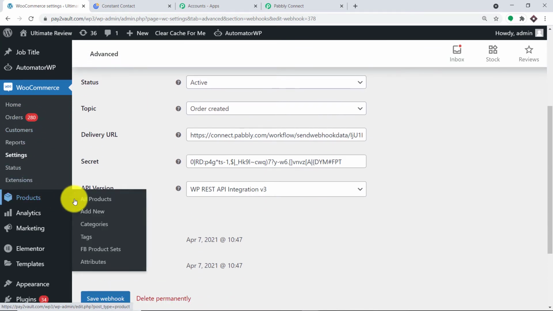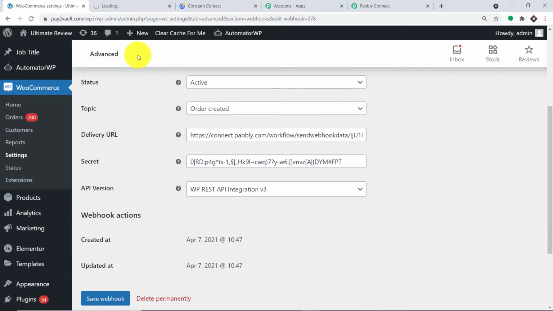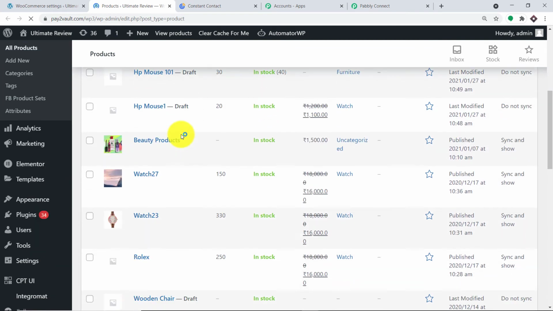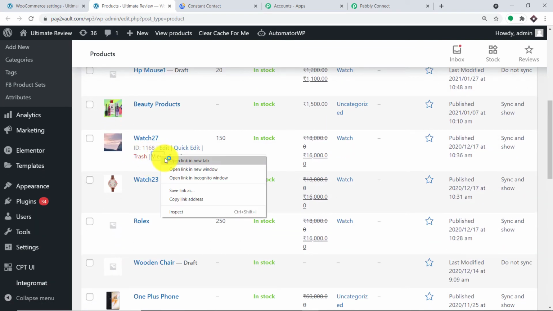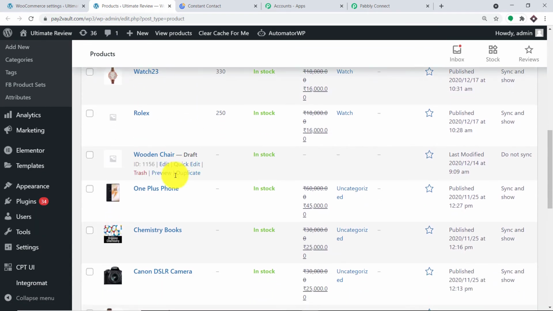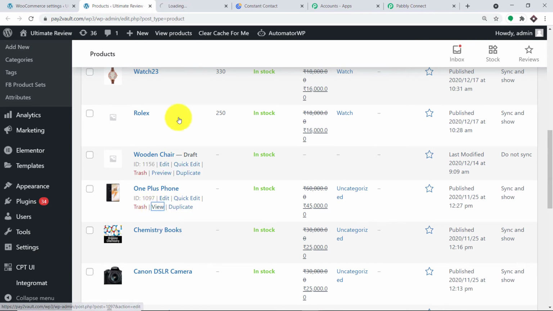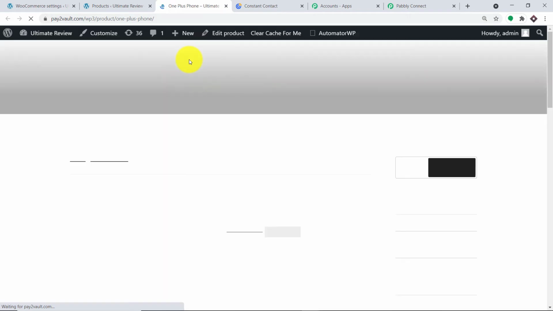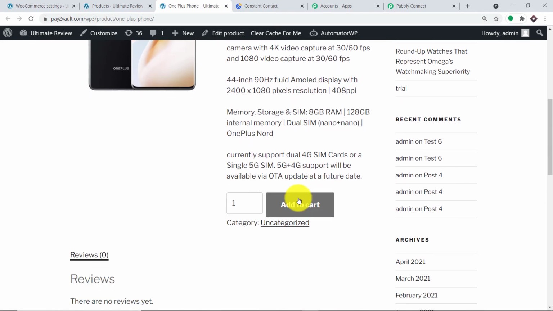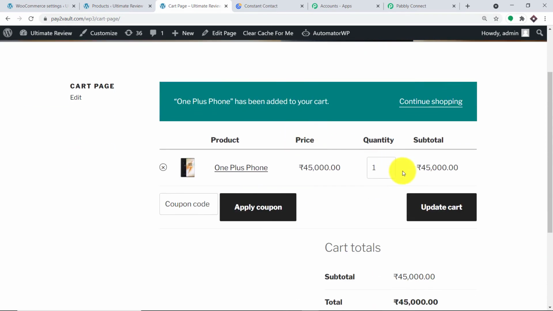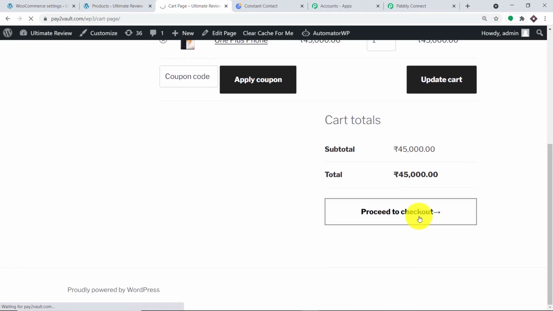So what I'm going to do here is go back to WooCommerce, and as you may see, we have a ton of products. Let me click on all products. As a dummy customer, I'm going to make a purchase. These are all the products I have, and imagine we are going to purchase a product called Watch 27, or how about we purchase some better product like the OnePlus phone. So this is the product that I'm going to purchase. Imagine a guy is purchasing the product, so he has clicked on add to the cart. This is how the customer is going to make a purchase. Then he's going to click on proceed to checkout.